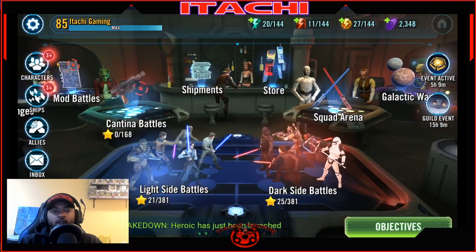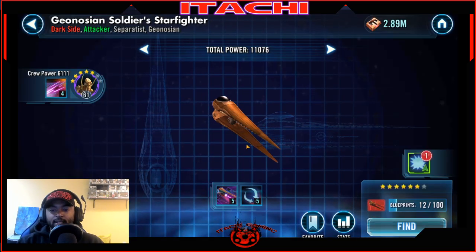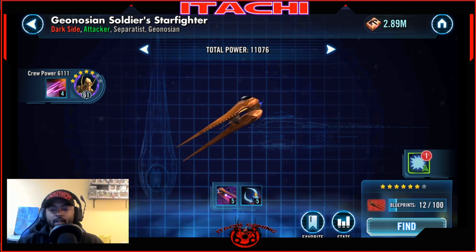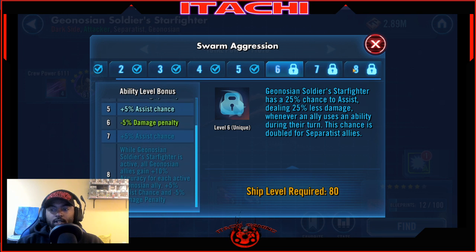Let's move on over to our ships. And so you're going to see here my Geos. I really believe in these guys. If you watch my free-to-play account, you will see why I believe in those guys. Now, Geonosian Soldier is almost at 7 stars with his ship, which is fantastic. Absolutely fantastic. And this ability right here, Swarm Aggression, is the one you're going to take up all the way